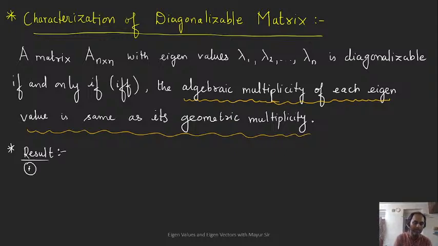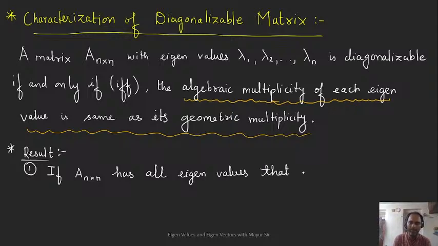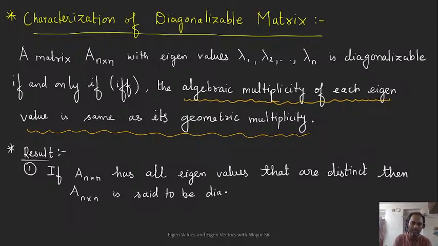Result number 1 is: if A, n cross n, has all eigenvalues that are distinct, then A, n cross n, is said to be diagonalizable. It also means here that